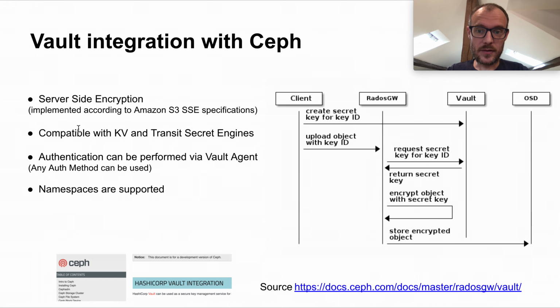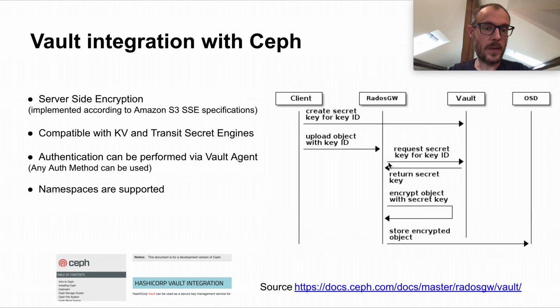Here we are talking about server-side encryption indeed. So we'll have a client application who is going to manage keys, so create a key but also rotate or revoke a key directly by calling Vault. And then later on, we'll have another person who is going to upload a file to the S3 object storage, so the Rados gateway. And by doing that, he is also asking to get this object encrypted. So what's going to occur behind the scene is that the Rados gateway,